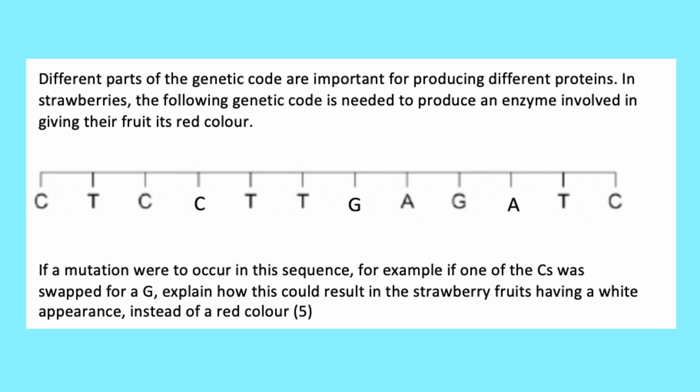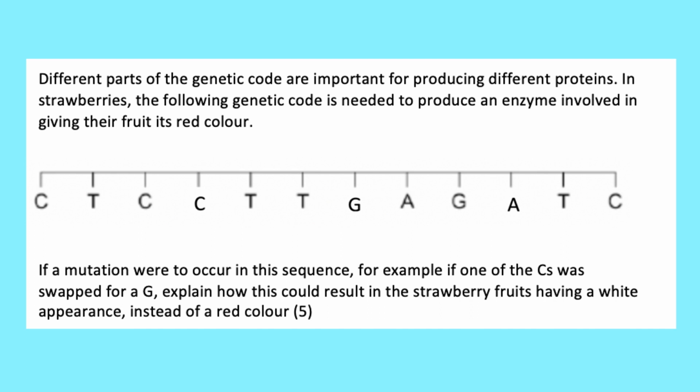And finally, ending on quite a hard question. Different parts of the genetic code are important for producing different proteins. In strawberries, the following genetic code is needed to produce an enzyme involved in giving their fruit its red colour. If a mutation were to occur in the sequence, for example, if one of the C's was swapped for a G, explain how this could result in the strawberry fruits having a white appearance instead of a red colour for